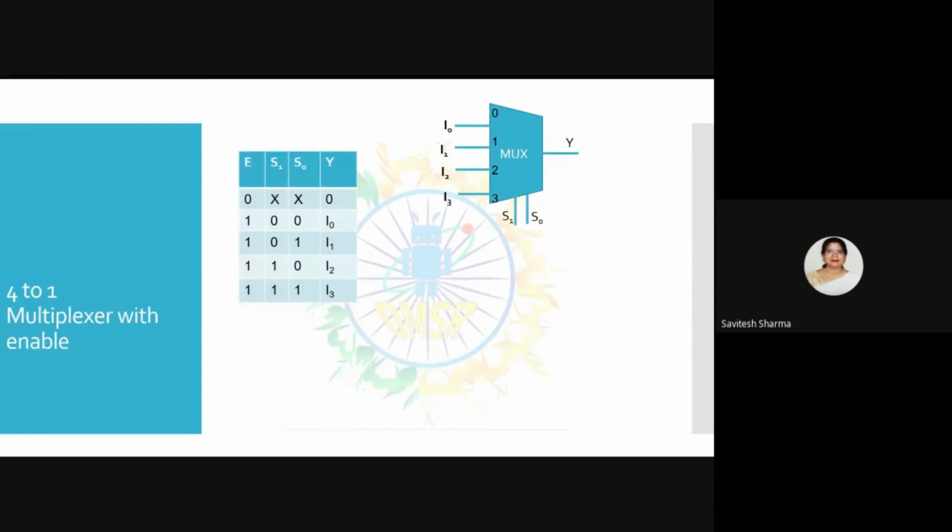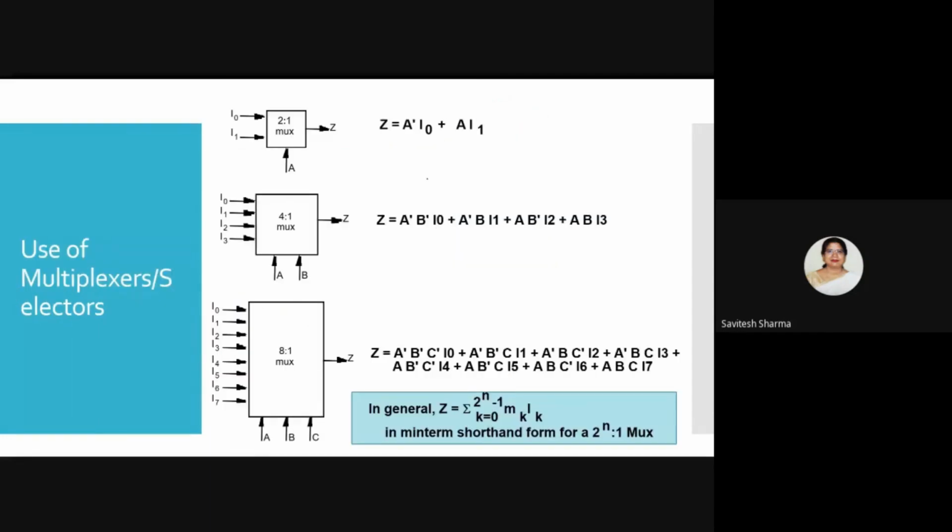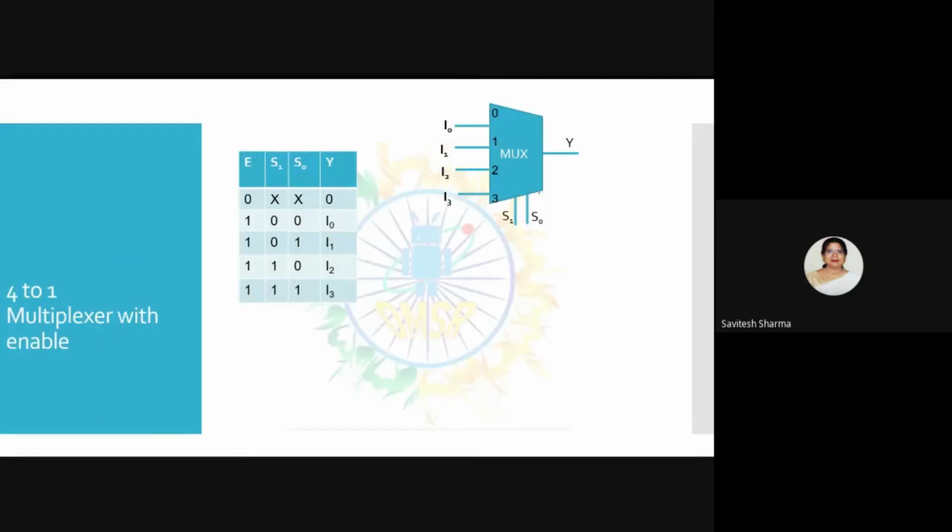So here I am showing you the multiplexer with enable. One additional signal I am adding here, I am saying it is my enable. So this is the circuit with enable. See the truth table. See, the concept is same. The only point is whenever E is high, then this circuit will be active. If E is low, then this circuit will be inactive. So that I included in the truth table.